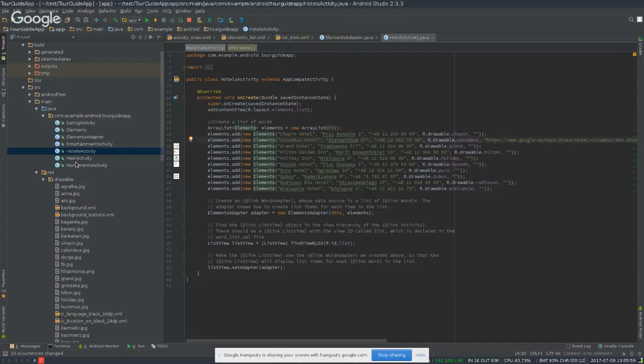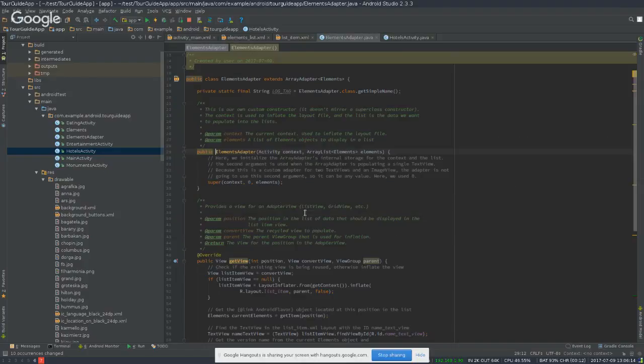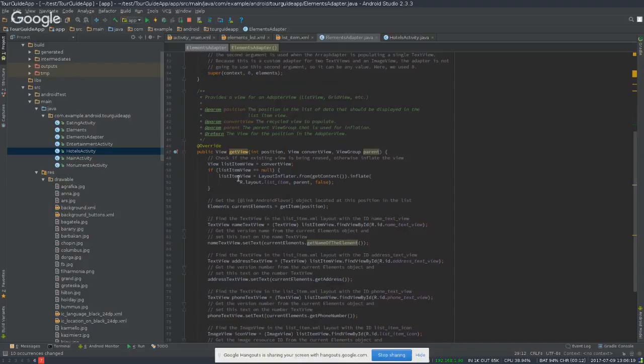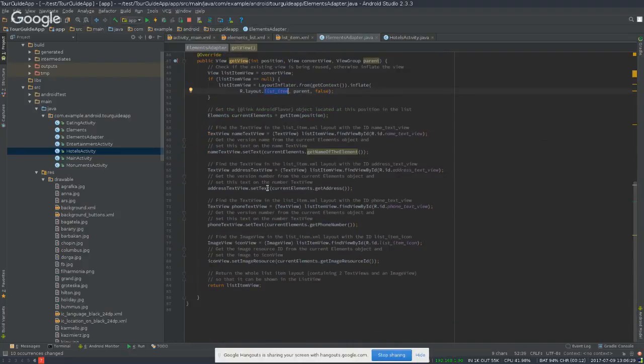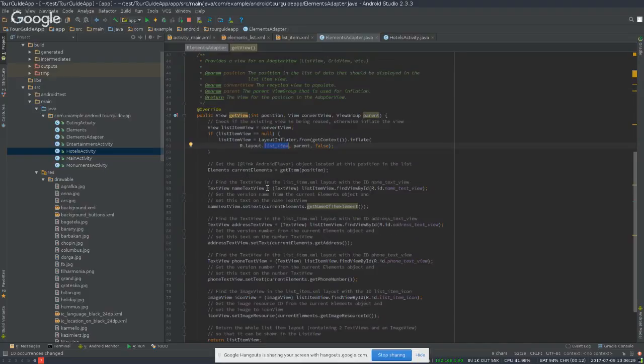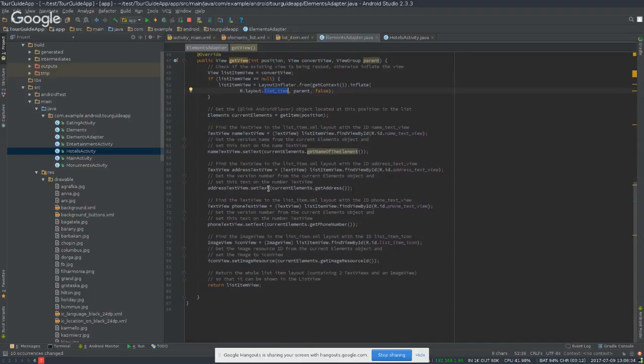So now when we're going to be showing the hotels activity, so when we click the hotels activity, we come here, you have this elements adapter, okay, and you provide the elements adapter this list of the hotels you have, right? That is fine. And in the adapter here, the get view is returning each element, right? And you're inflating the list item view now, and what I don't understand here though is, oh, of course, yes, because you're not, for the time being, yes, if I'm following this correctly,